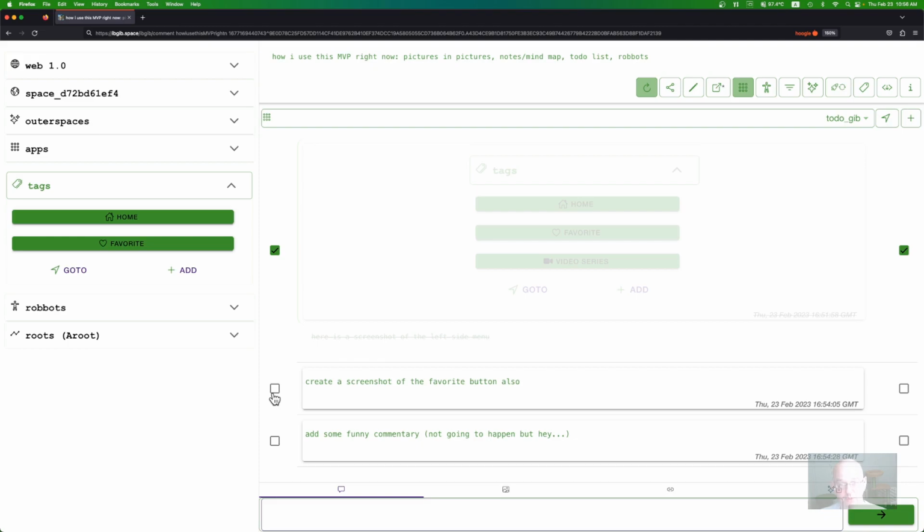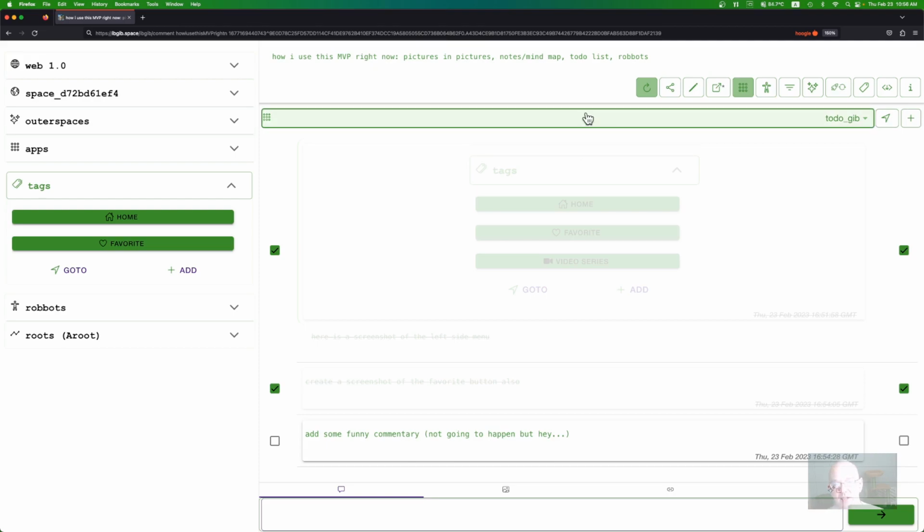So if you want to have a visual to-do list, I've done that before, where you just take pictures instead of writing down what you need to do. You take pictures of the stuff and then you check them off when you're done. So here, I can check off this, and that sort of thing. But